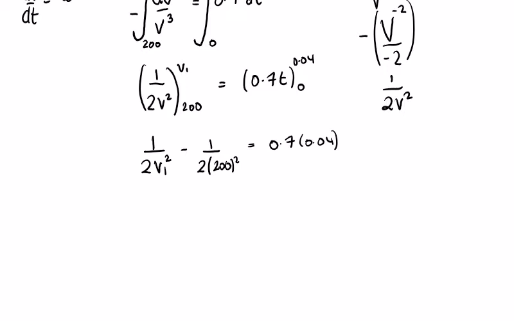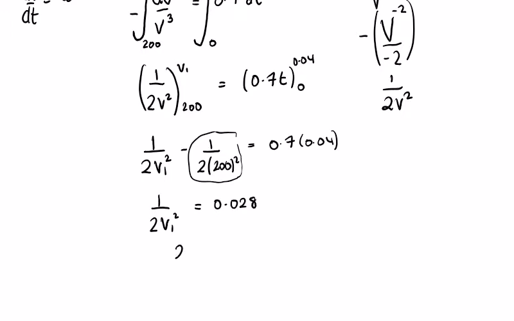So we simplify this down. But this number here is so small, 1 over 2 times 200 squared is going to be a tiny number. So we'll just end up at 0.7 by 0.04,